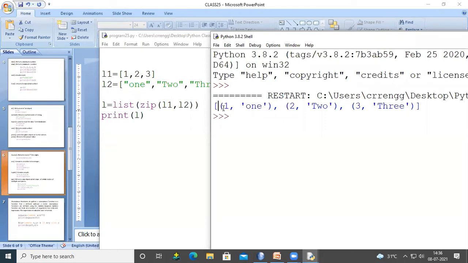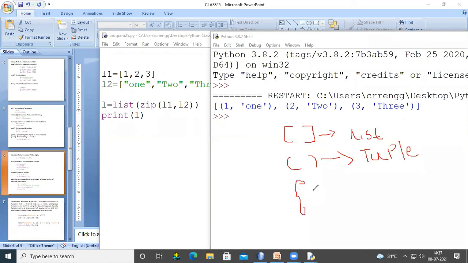Okay. You all remember these brackets. Square brackets, this is the list. Small brackets, these are tuples. Flower brackets, set.